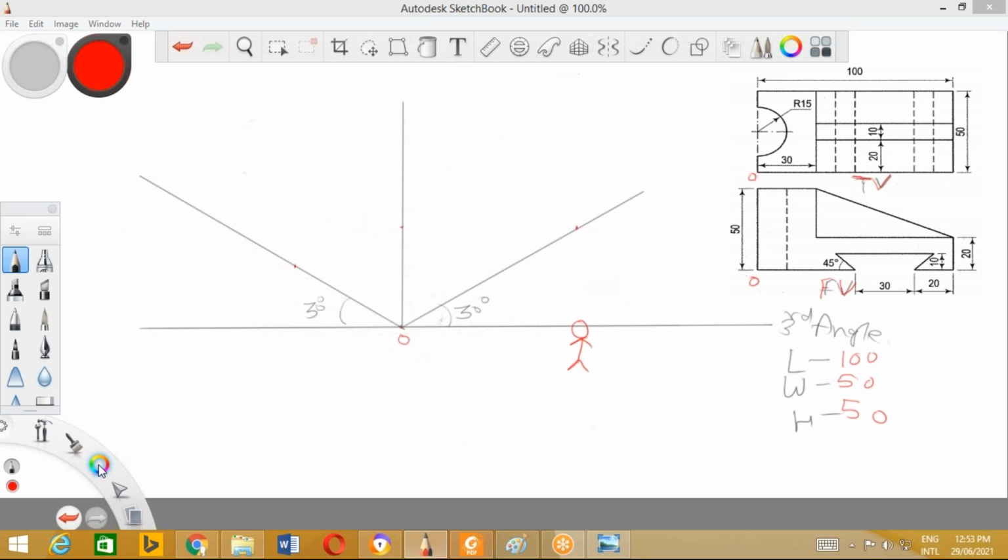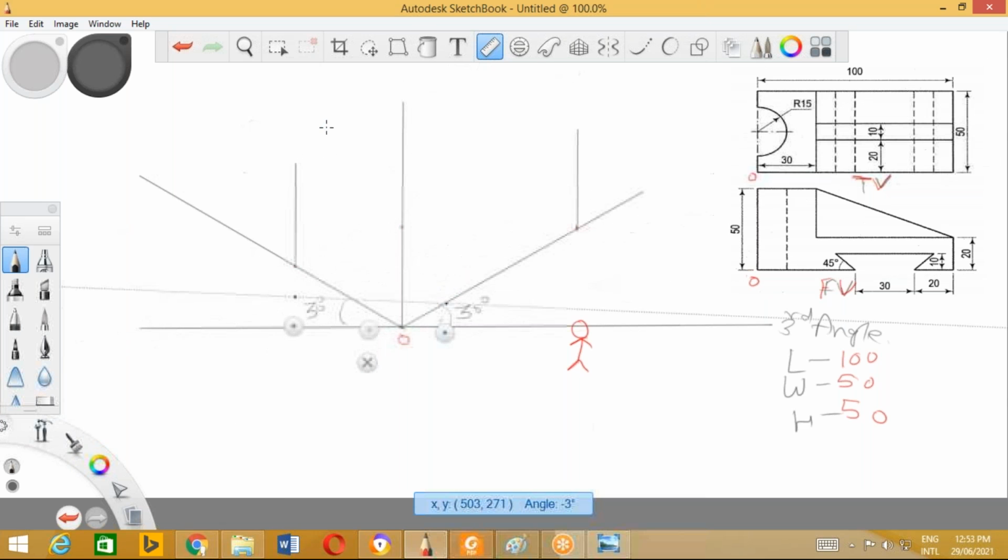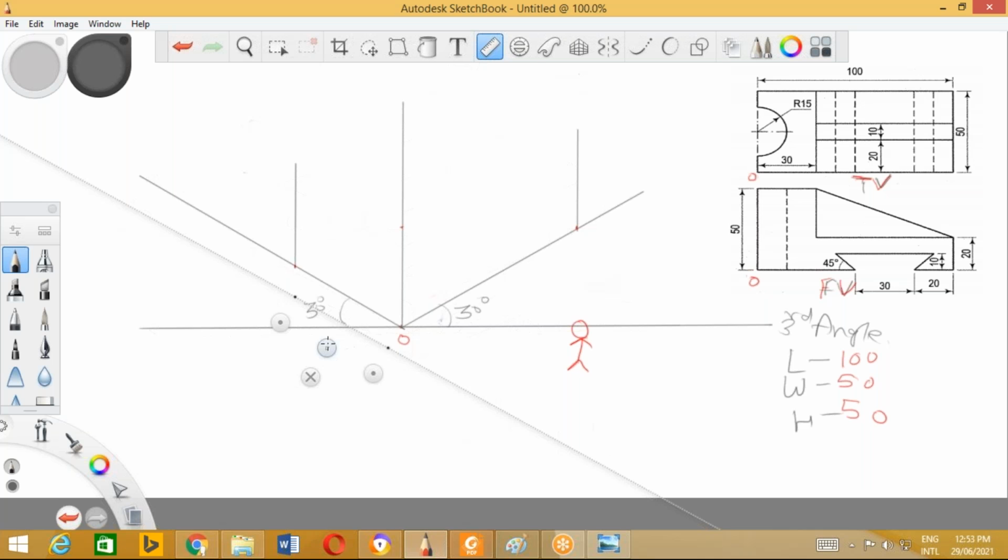So with the use of these points, we'll be able to draw a box. So this box needs to be drawn. With the scale, roller scale, roll this scale parallel to the height line and draw a line from the point which you have marked here. Same way, roll this slide as a scale and draw a line. Okay. Once you have drawn these lines parallel to the height line, match the line with the width line, and draw a line from this point which you have marked on the height line.